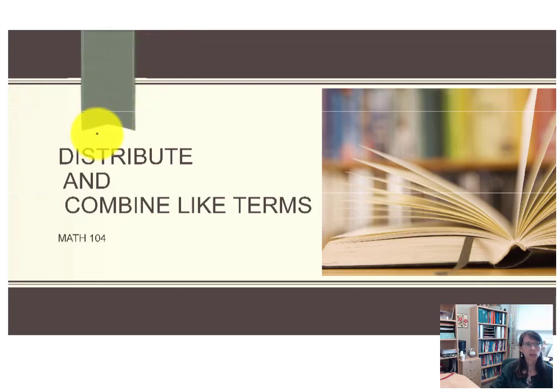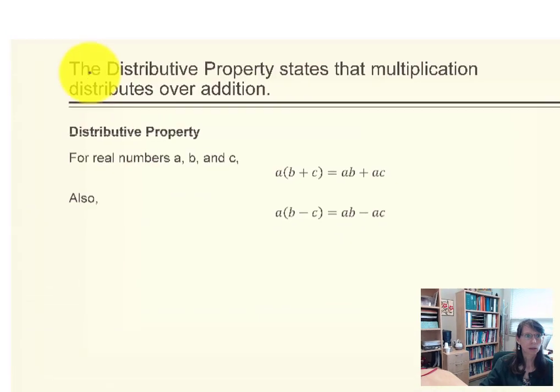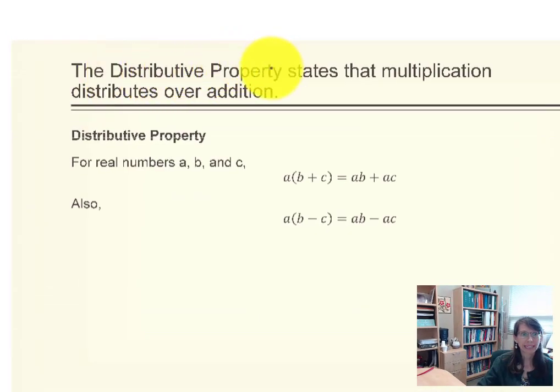In this video, we'll talk about how to distribute and combine like terms. The distributive property states that multiplication distributes over addition. So that means we're going to have some real numbers such as A, B, and C. And if we use addition, we can see that A is going to be multiplied by the quantity of B